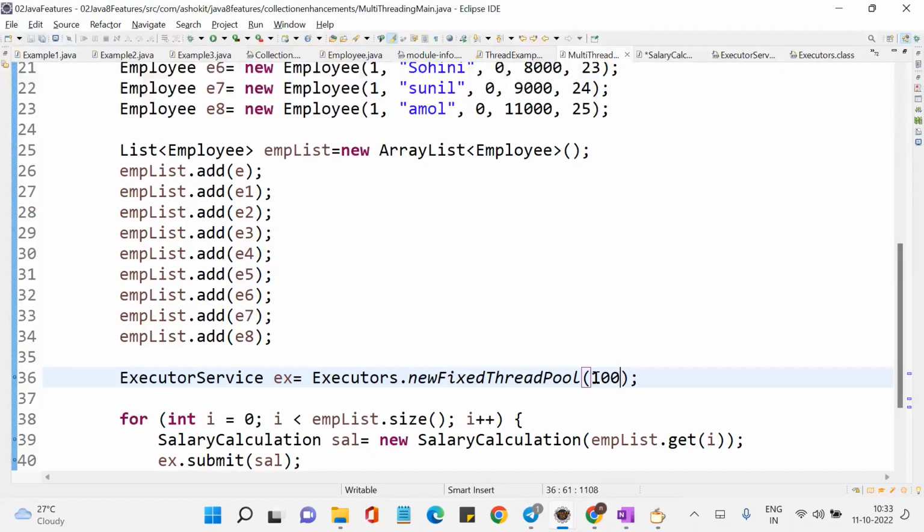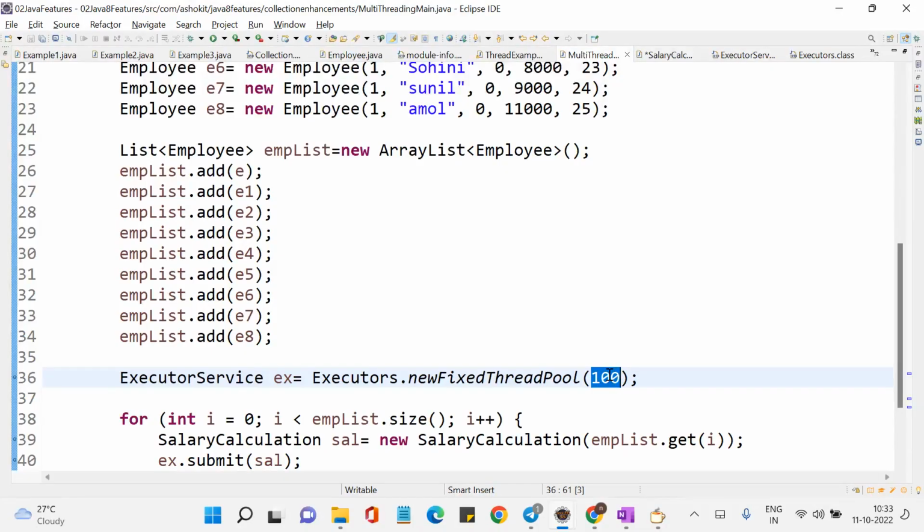If you create n number of threads, there may be an out of memory error. Whenever you're creating a thread, there is a formula. I don't remember exactly, but based on your system configuration, you can check how many maximum threads can be created. If you provide that number here, that would be the right way. Now, in your project, in order to process the 10 lakh SIM cards,